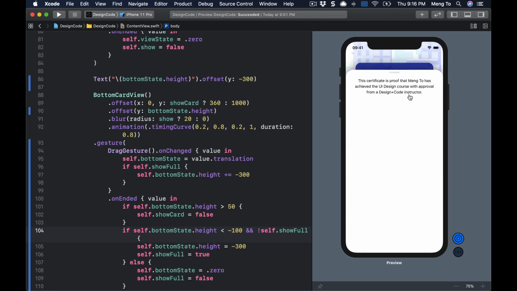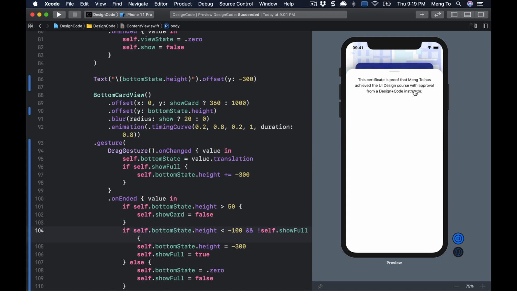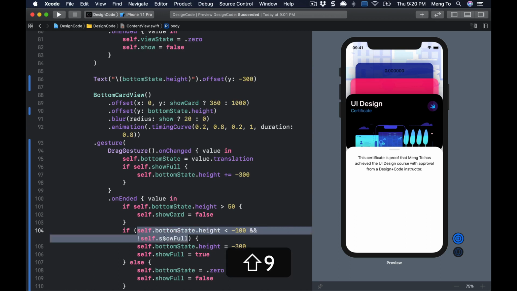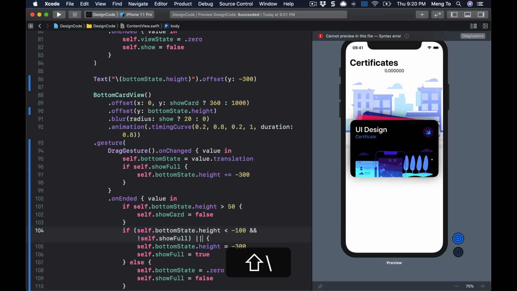So we need to add a new condition on top of the existing one that says, or when showFull is equal to true, and when I drag to less than minus 250, then please come back to minus 300. So if you want to group conditions, you can just select the code and do parentheses. Now we have a group of conditions, and we're going to add a new condition, which is ||, and then parentheses,